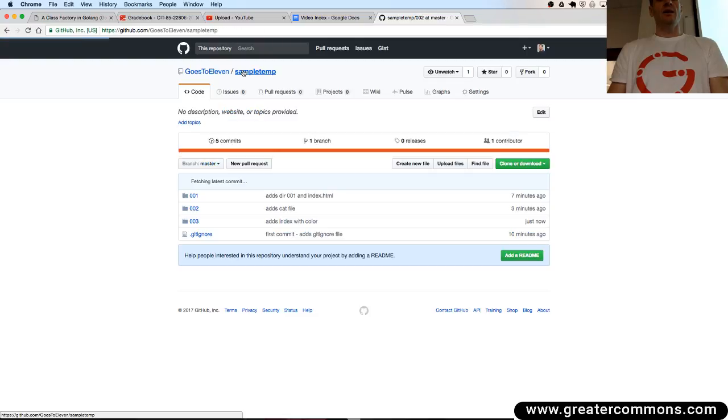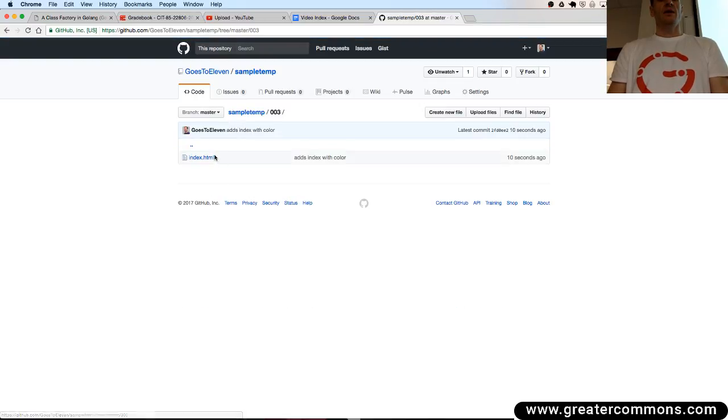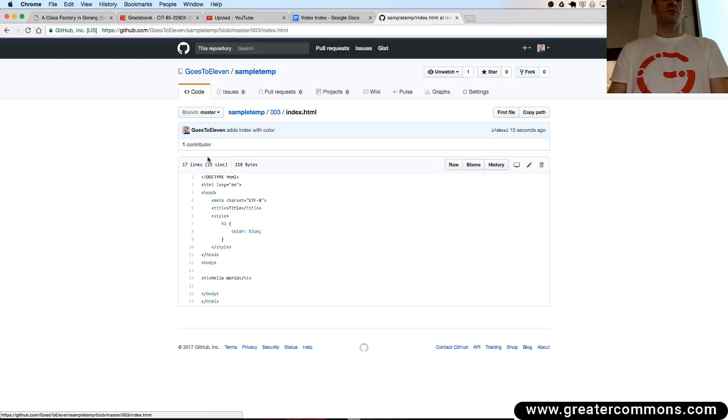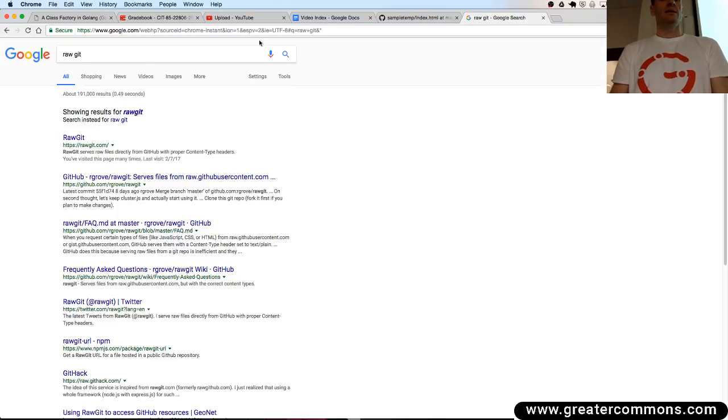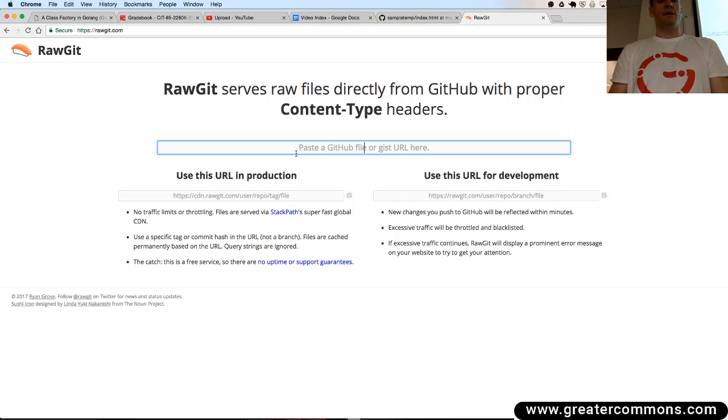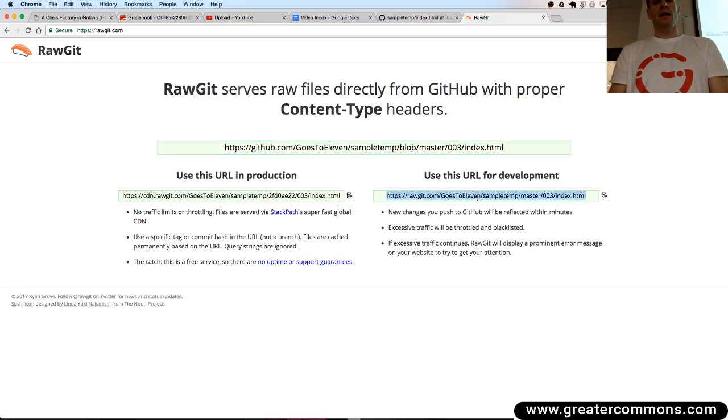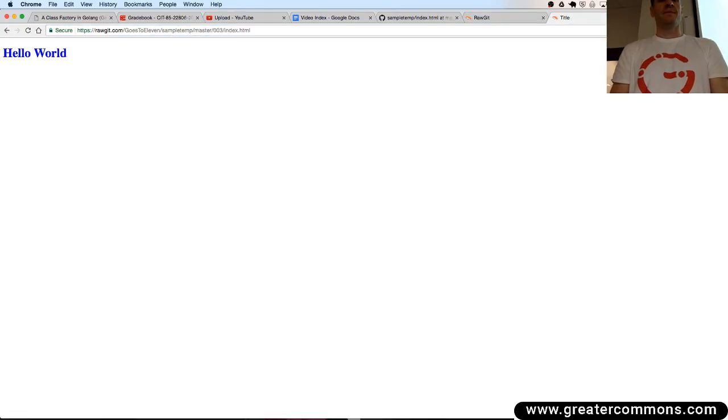and look, and there's 03, right? And there's index.html, and so I could grab that index.html, and I could go to a website called raw git, and raw git allows you to paste in the link to an HTML file, and then copy that link, and it serves it on the web. So you just send me the link from raw git, and I see your work done. I don't even have to look at the code. It looks nice. I don't care what code you wrote. It looks good. I care a little bit, but